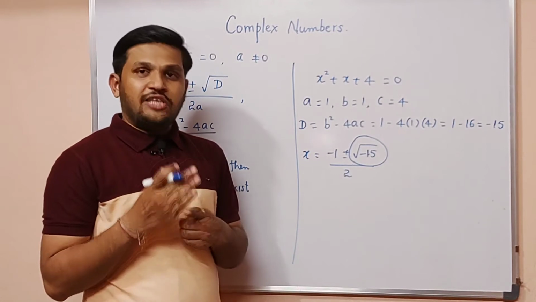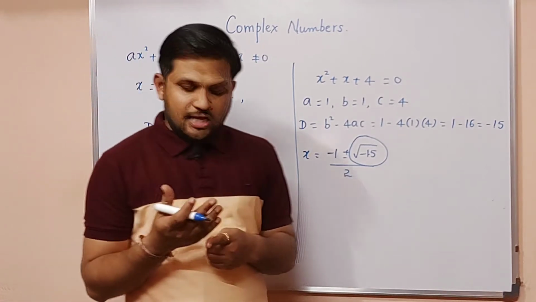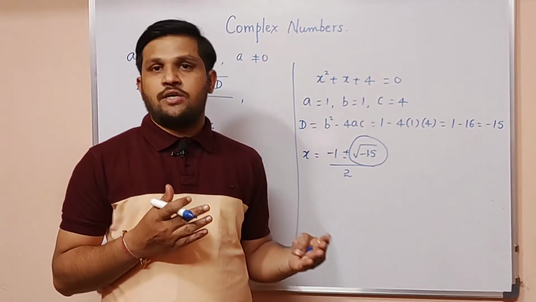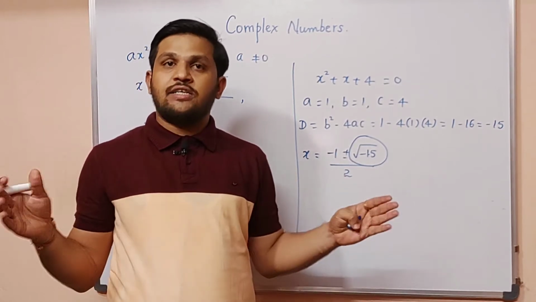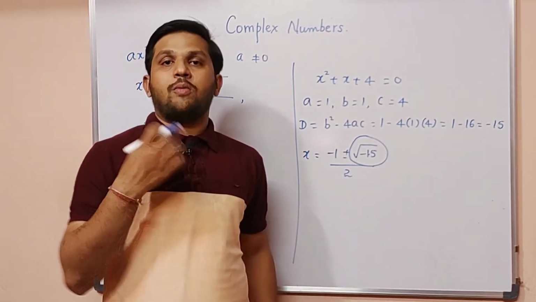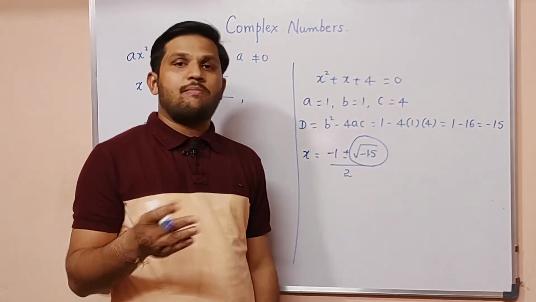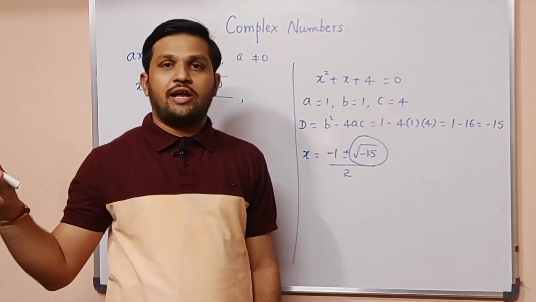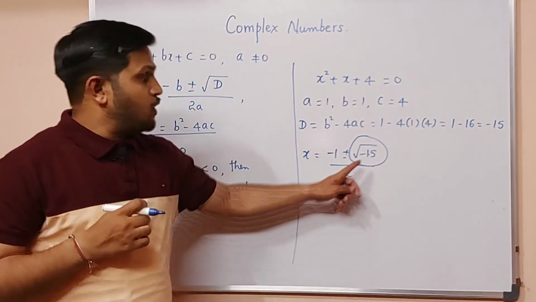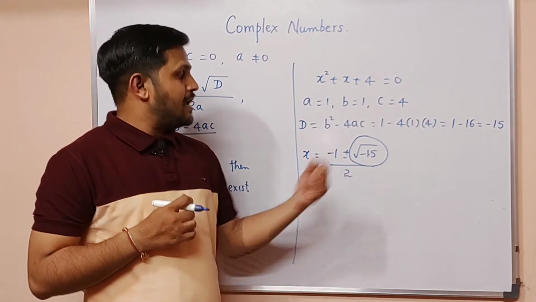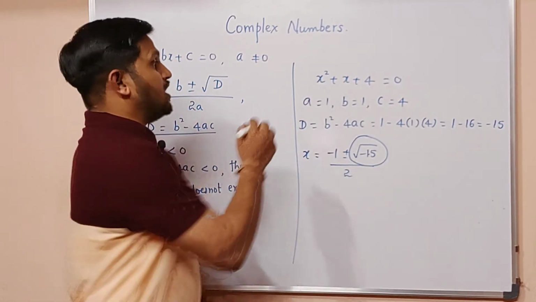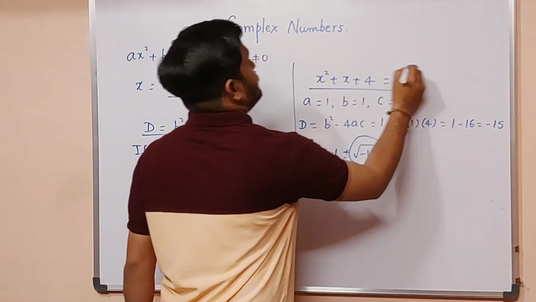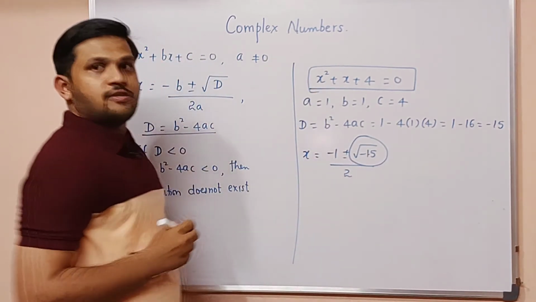You have studied natural numbers. You extend the natural numbers and get negative numbers, then you get integers. Between two integers, we talk about rational numbers and irrational numbers, and altogether we call them real numbers. But if you look at this number, this is not a real number. So the question is, where does the solution exist for these kinds of equations?